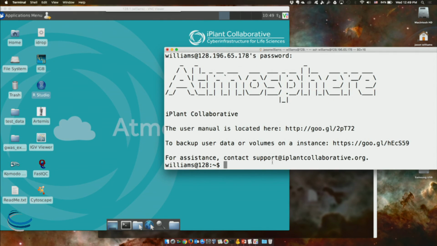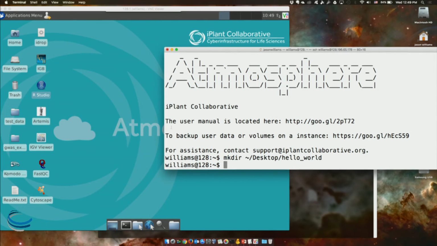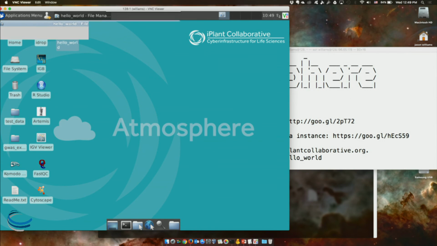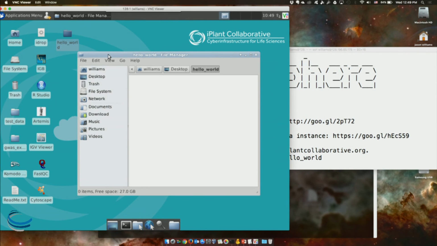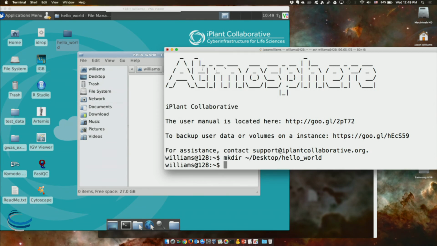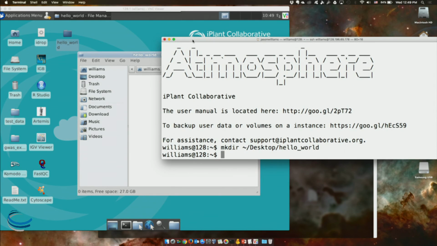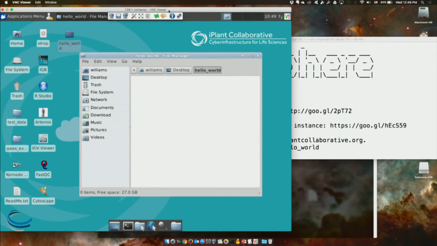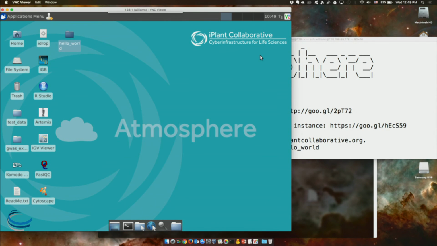If I went ahead in the shell and just said, okay, there on the desktop is the folder that I just created. So you have the ability either via the terminal or via the VNC to actually use that computer. It's a pretty sophisticated thing, but it's really super powerful that you can just connect to this computer at